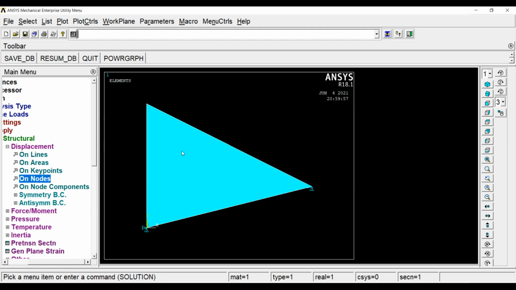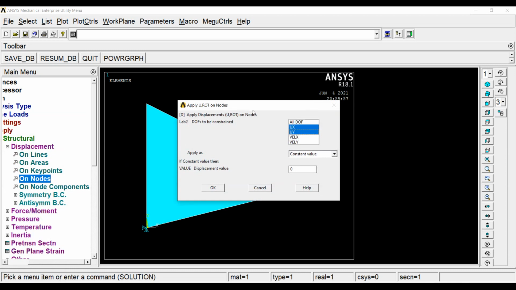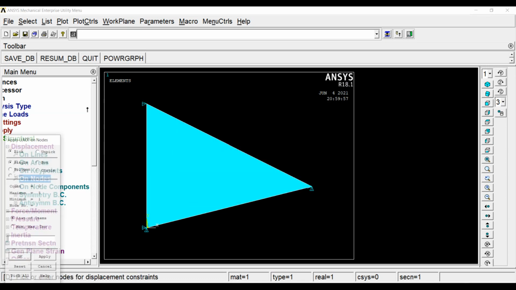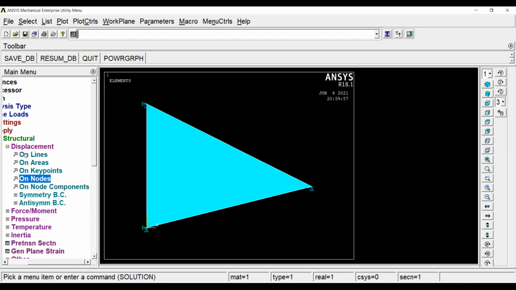OK. And now I'll go to the third key point. OK. The value of ux is given as 2. OK. And I'll click again. Uy is given as -1. OK. So this value of displacement is applied.